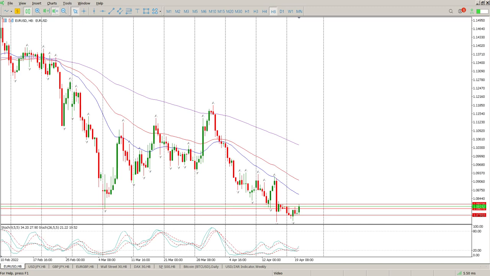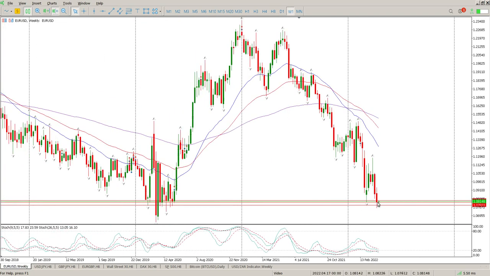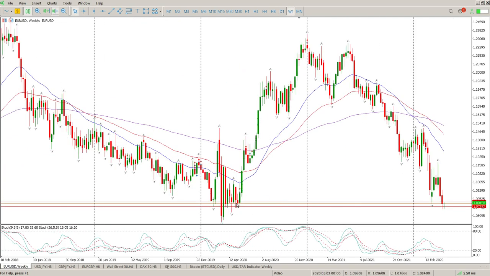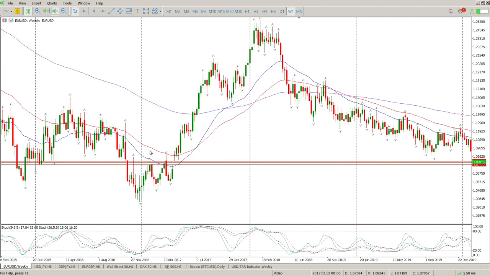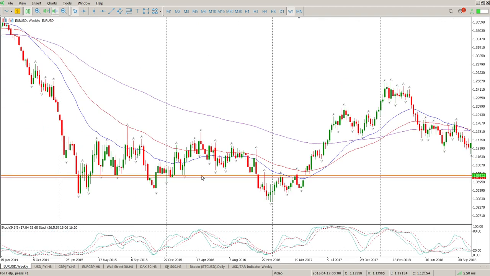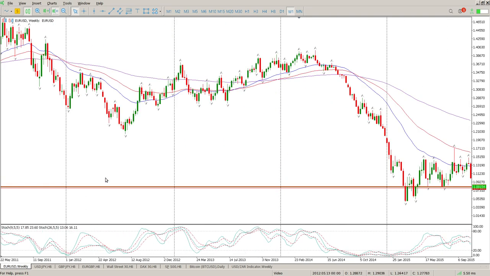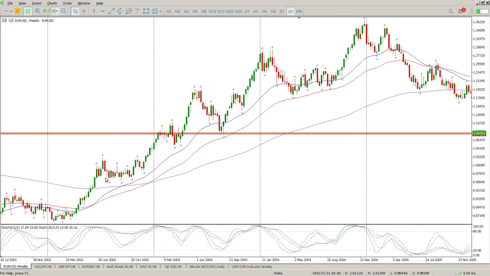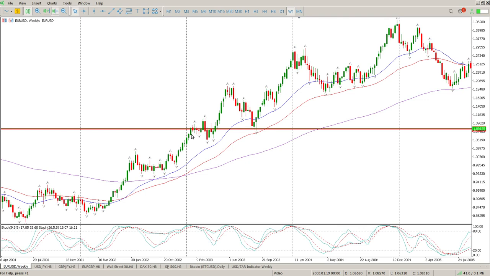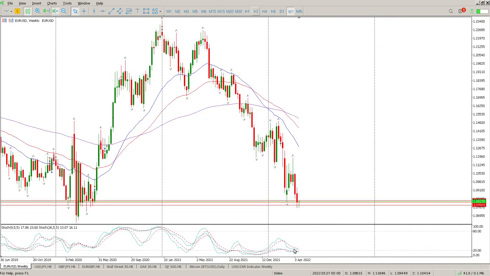So as usual, starting off with Euro USD, and we are in an area of very strong weekly support. If you switch to the weekly chart, you'll see basically 2019, then 2016, 2015, and you probably go back even further and see way back to 2003 was an area of support. So I'd be reluctant to be chasing shorts here, and the other thing that you do have is you've got